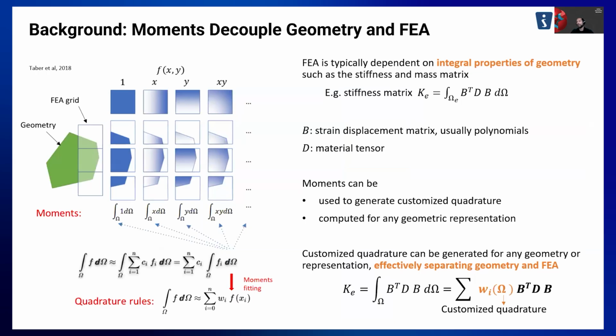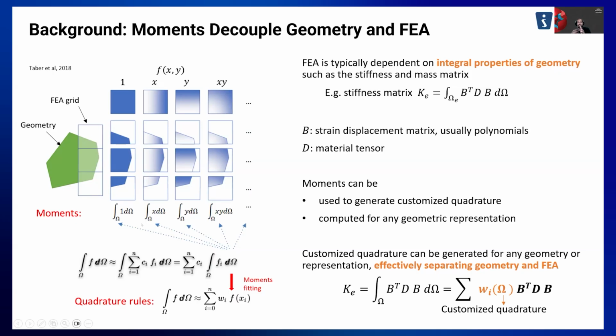The other challenge that I described is about integration. So let me try to explain this integration using this picture. Let's say you have a simple geometry here, right? And we are immersing this background grid. Here the background grid is shown in blue. So what we do is we collect these integrals of polynomials. Here it's a simple first order combination of polynomials: 1, x, y, and xy. We take this geometry and multiply these shape functions, 1, x, y, xy, and then we integrate over the geometry.